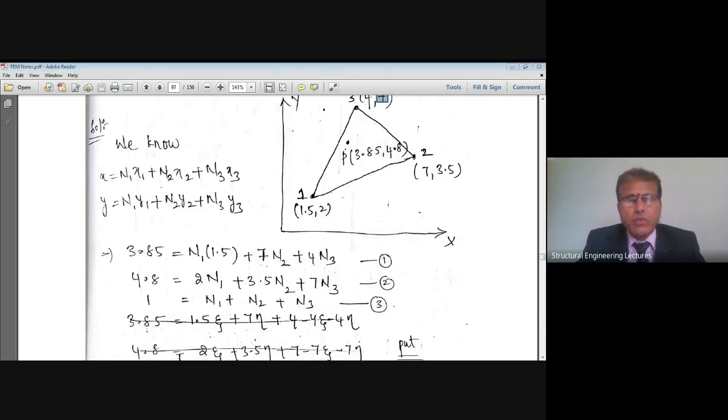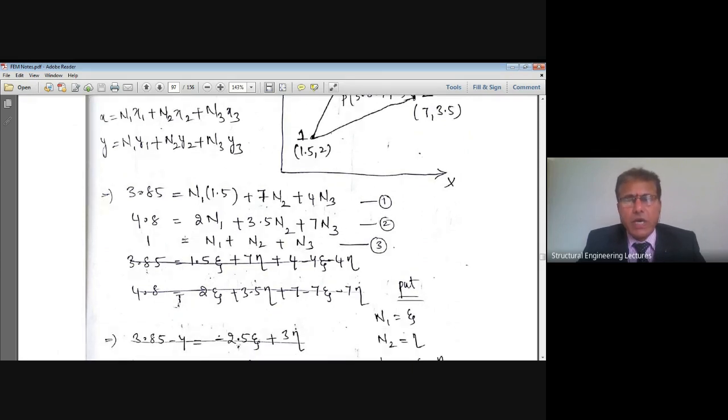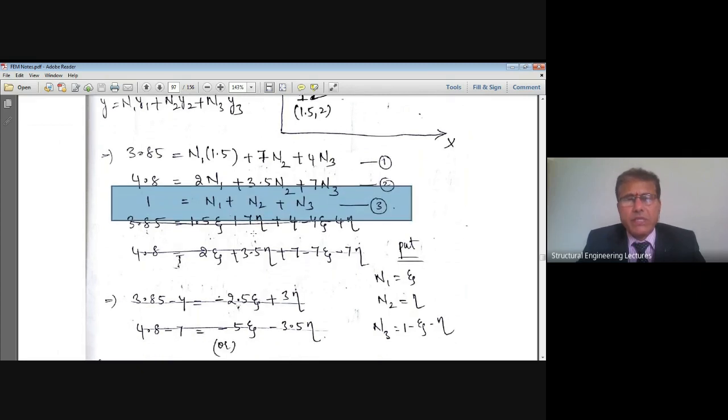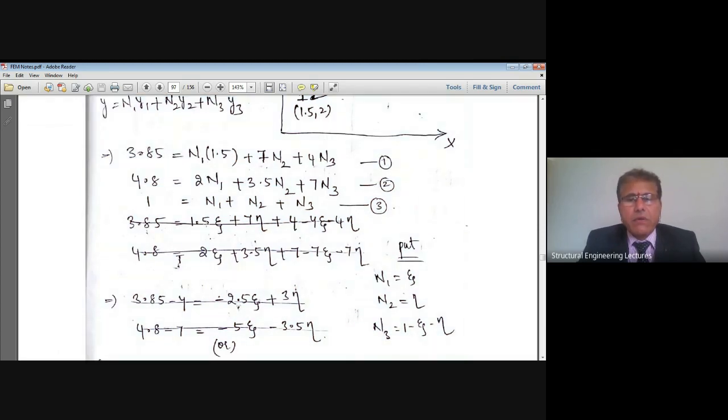Then these two relations have three unknown shape functions N1, N2, N3. Hence, it cannot be solved. Either you use a third equation, or you write these N1, N2, N3 in terms of the local coordinate system. Alternatively, we know the property of the shape functions that their summation must be equal to 1, that is N1 plus N2 plus N3 is equal to 1. Solving these simultaneous equations, we'll get N1, N2, N3, all three results.